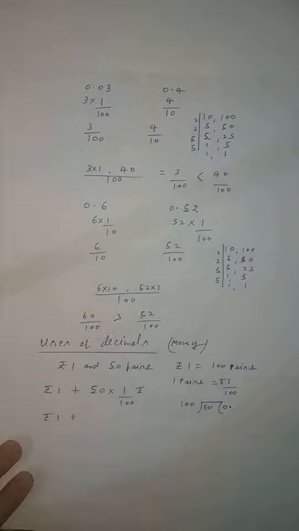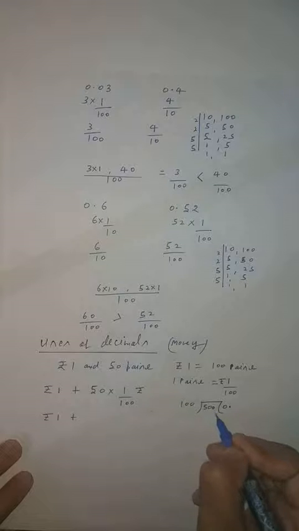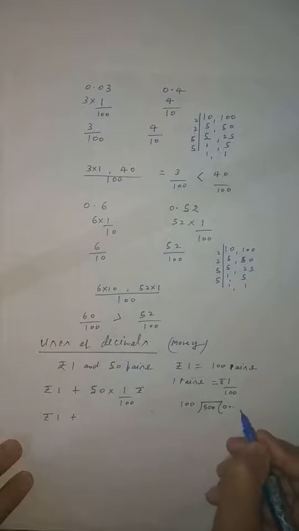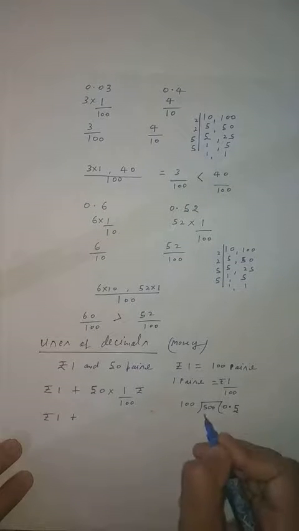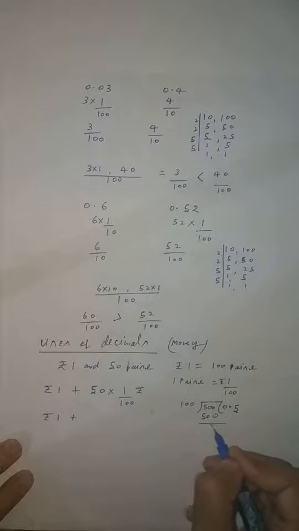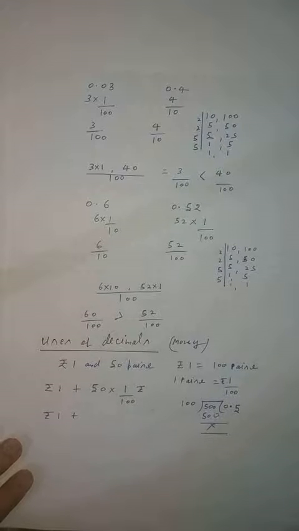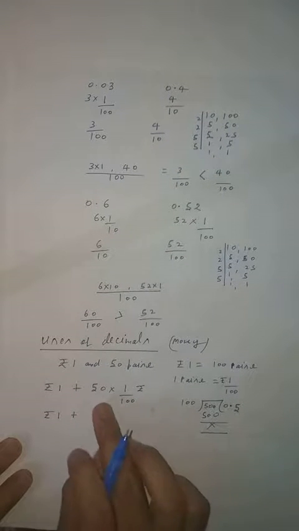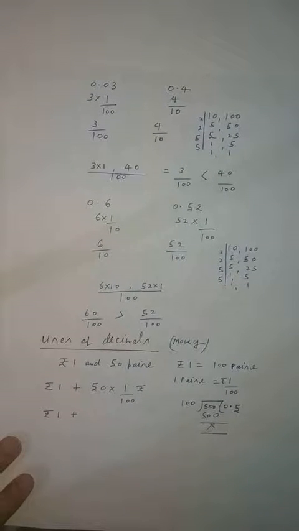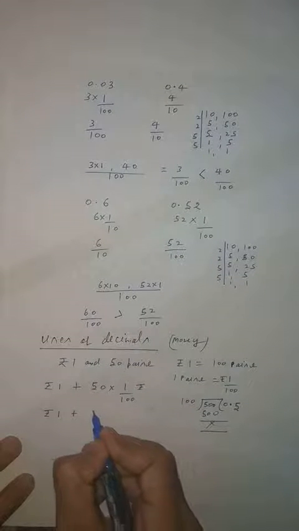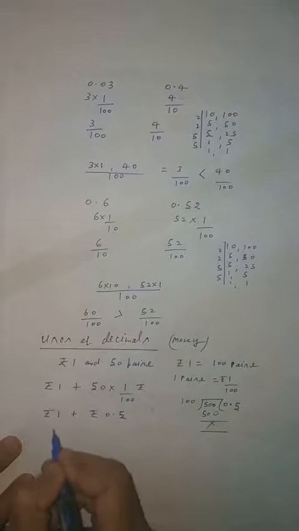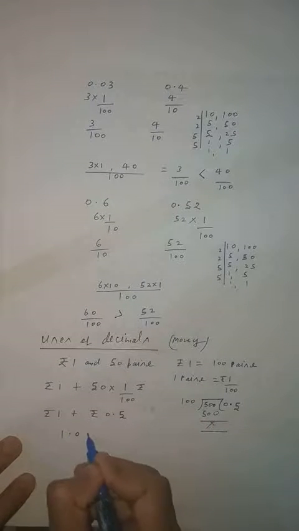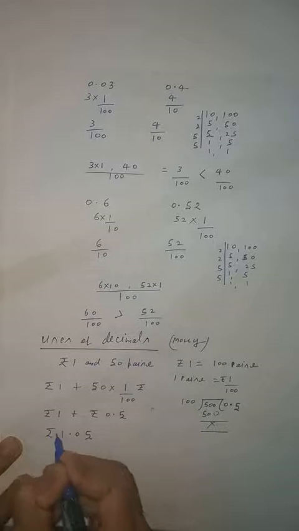1 decimal means you have to write 1 zero more in the number. So here you can increase one number, so this will become 500. So this will be divided by 100, 5 times, so this will come 500. Clear, student? It means you divide 50 by 100, so it will give 0.5. Clear, student? So this will come 1.5 rupees. Is that clear, student?